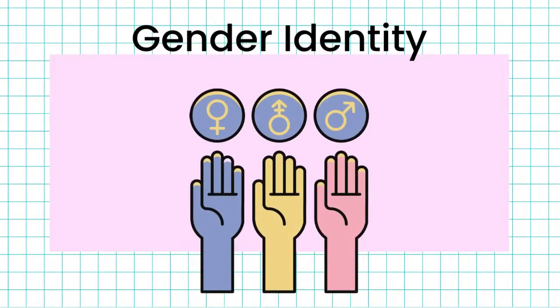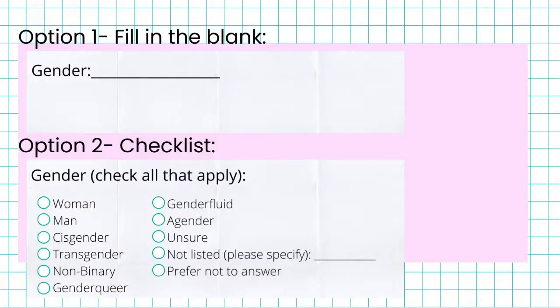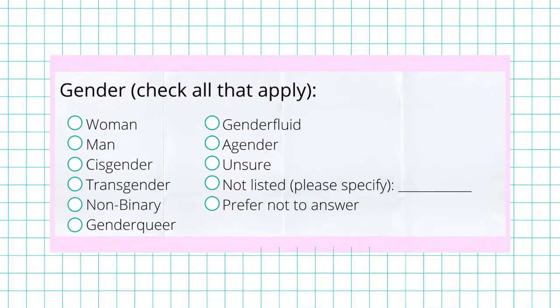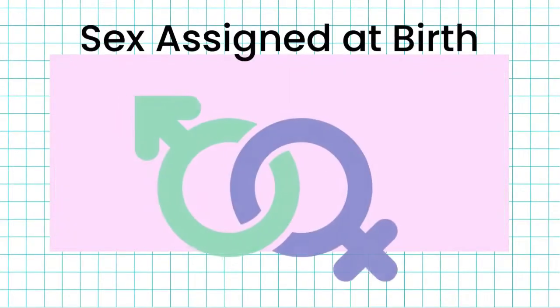Gender identity. Ask for your client's gender identity in a list format where multiple boxes can be checked, or as an open-ended question. The list format may be more appropriate for the purpose of data collection. Ensure that the list is inclusive, like this one. You should revisit the language on your forms every so often, perhaps annually, to make sure that your terms are inclusive and potentially add new common identity labels to your options.